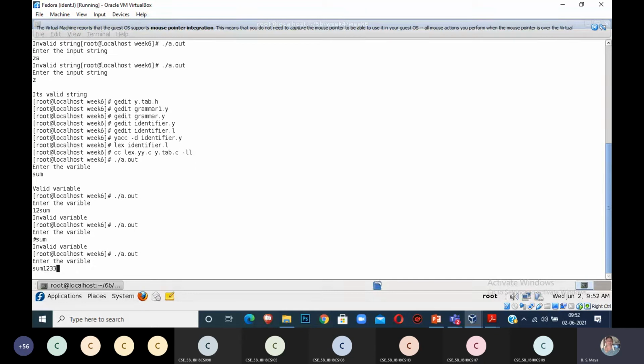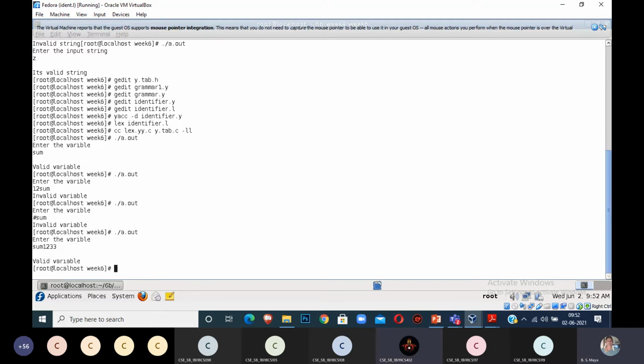Sum followed by 123. An identifier starts with a letter followed by any number of letters or digits. As per the question, is sum123 valid or invalid? Valid, ma'am. Yes. Press Ctrl+D, you will get a valid variable. Like that, you can check whether the given input is a valid or invalid variable.